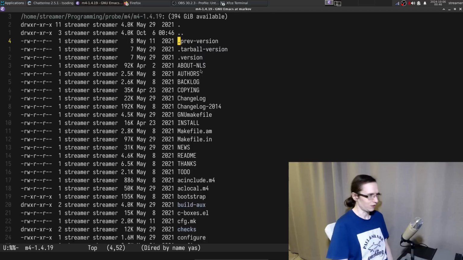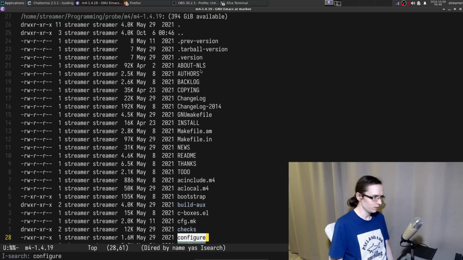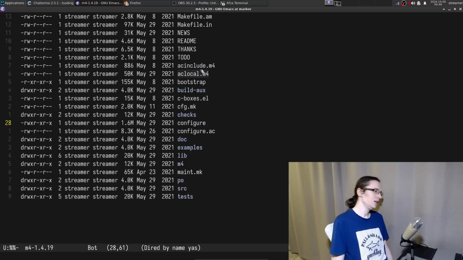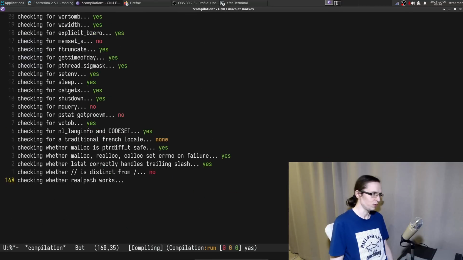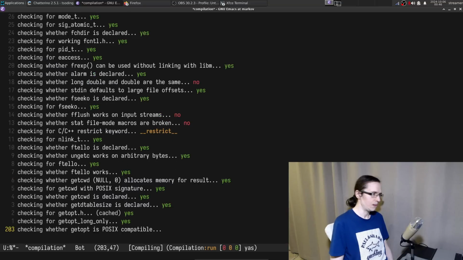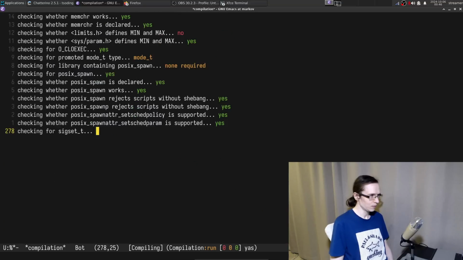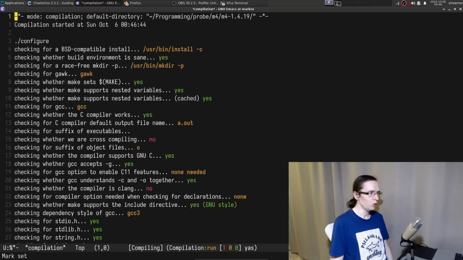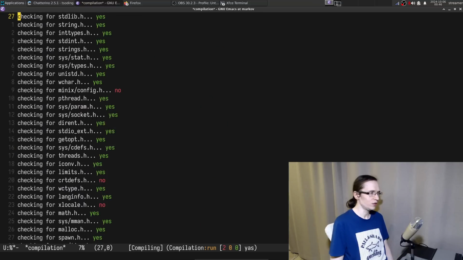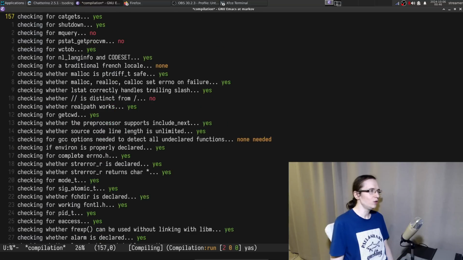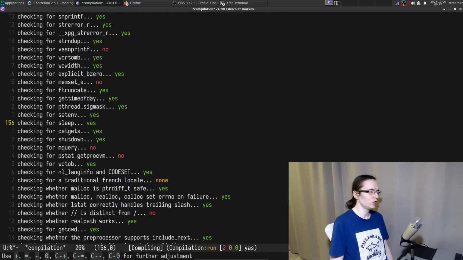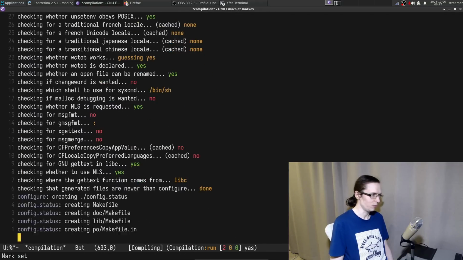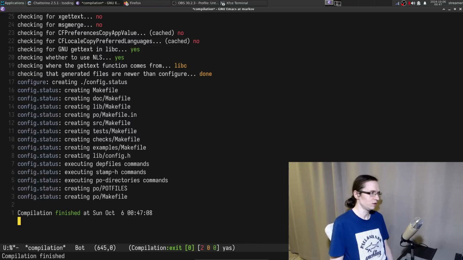We actually unpacked it. Do we have configure? So, okay, here's the configure script. Let's just go ahead and run it, hoping that it will do something. That's a lot of checks actually for just a simple text transformer. But yeah, a lot of yeses, some no's, but I don't think they are too critical. Oh, it even checks individual POSIX functions. It literally checks how POSIX compliant my environment specifically is.